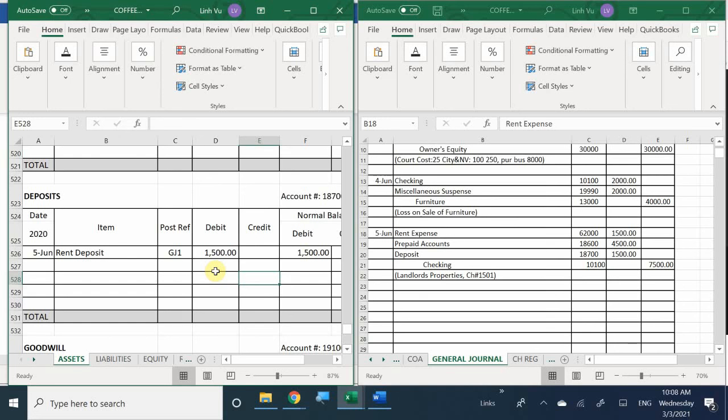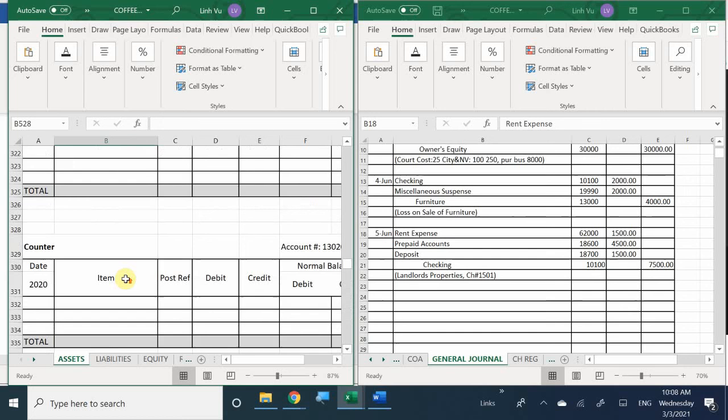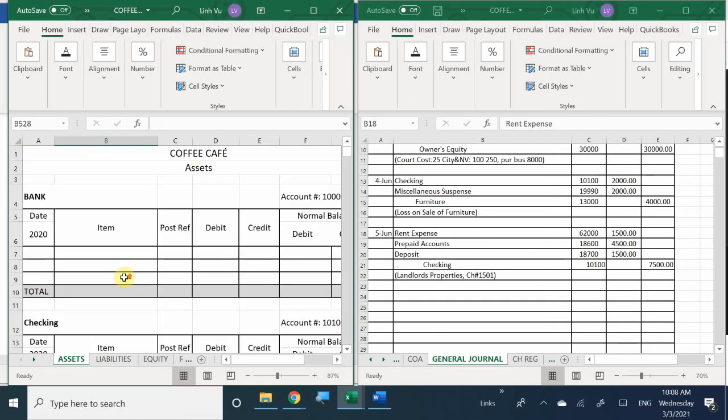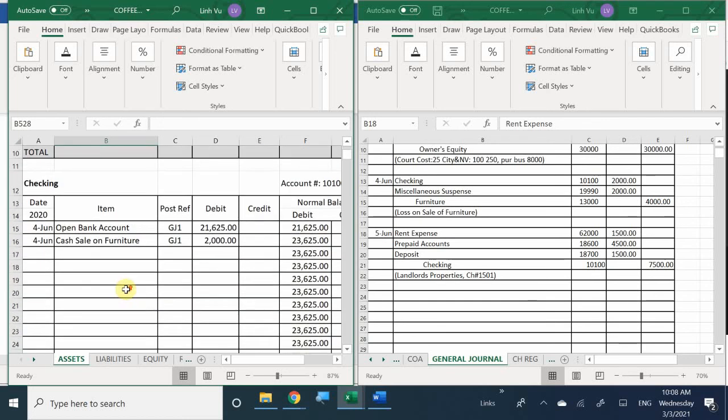Last but not least, I have my checking account. We all know where the checking account is. It's all the way at the top. So I'm going to scroll all the way to the top. Here I am. Since I have a formula in here already, let's go ahead and see what happens when I enter in this information. So again, it's up to you what you want to place here. A check number is sufficient enough. I'm going to go ahead and just put check number